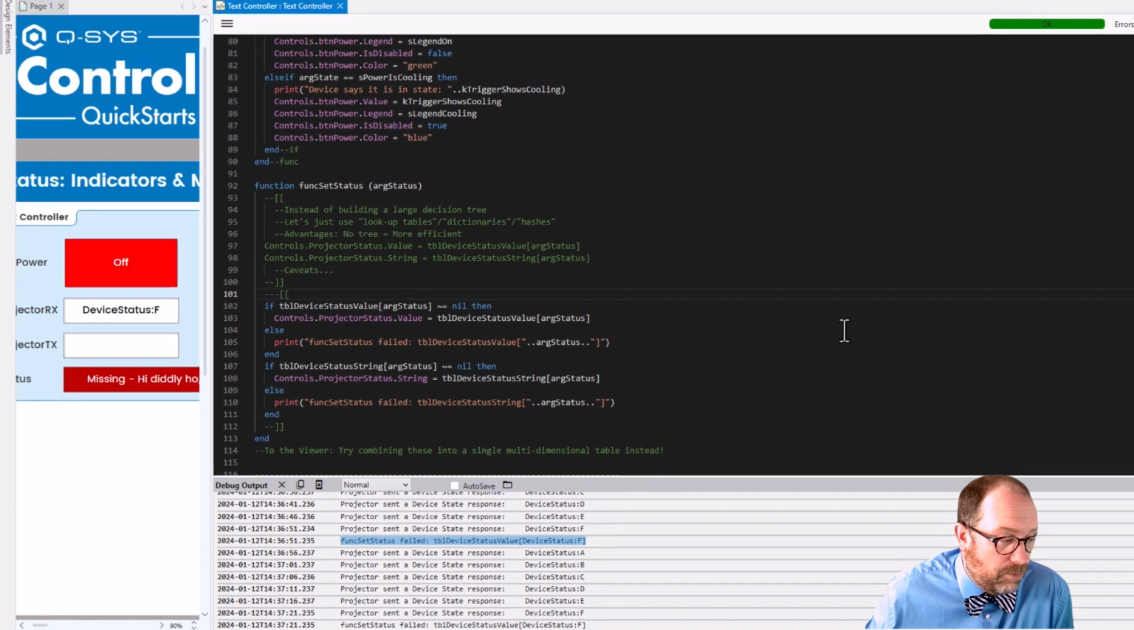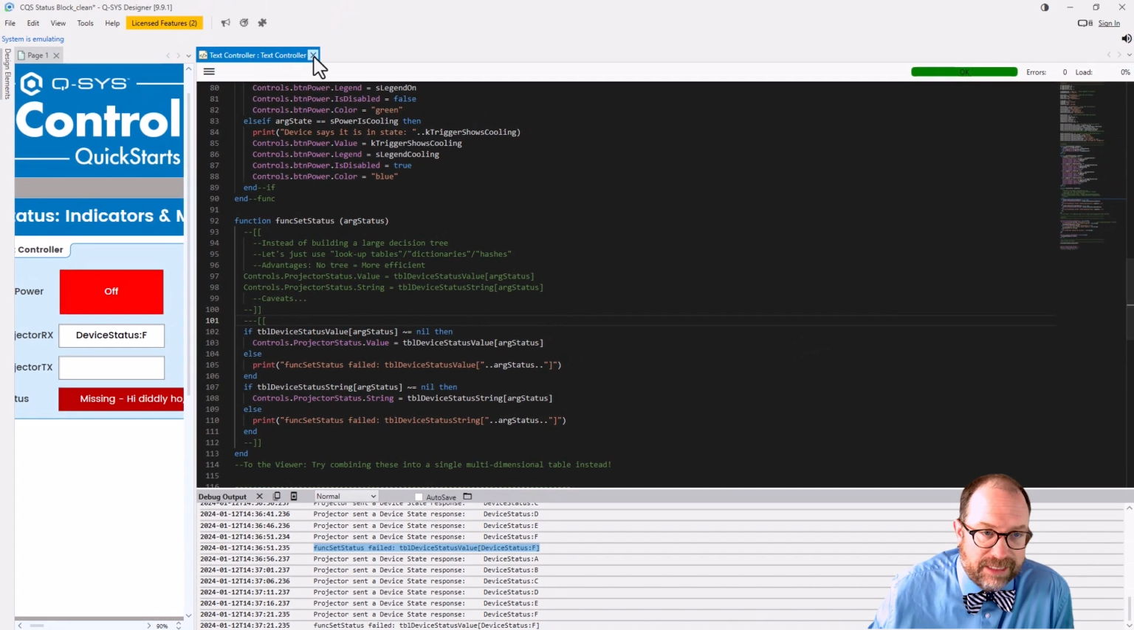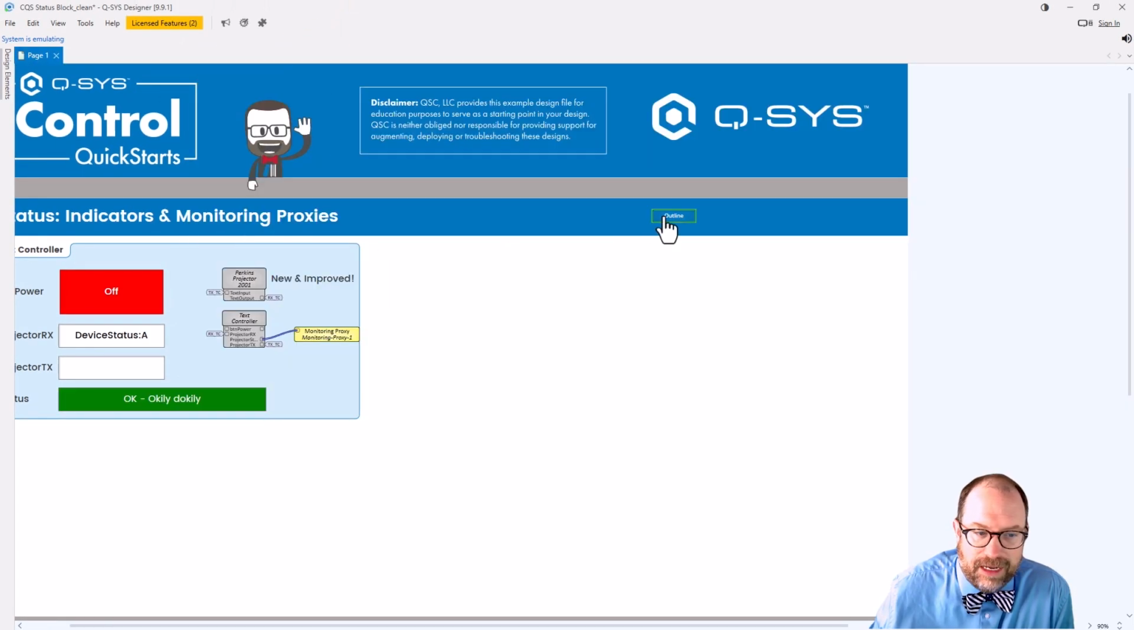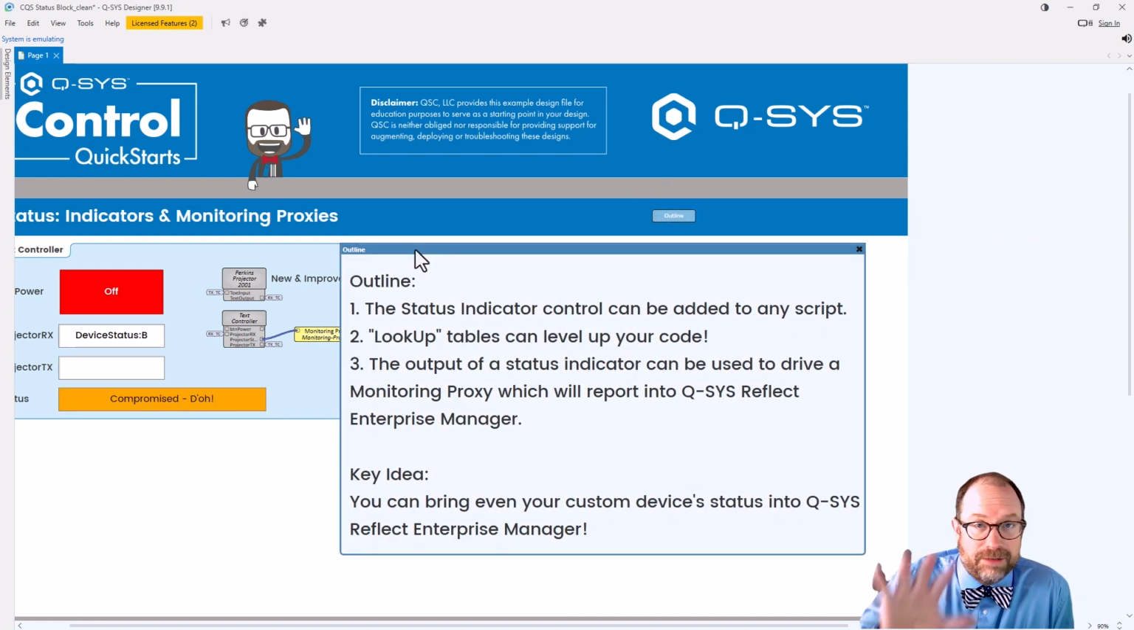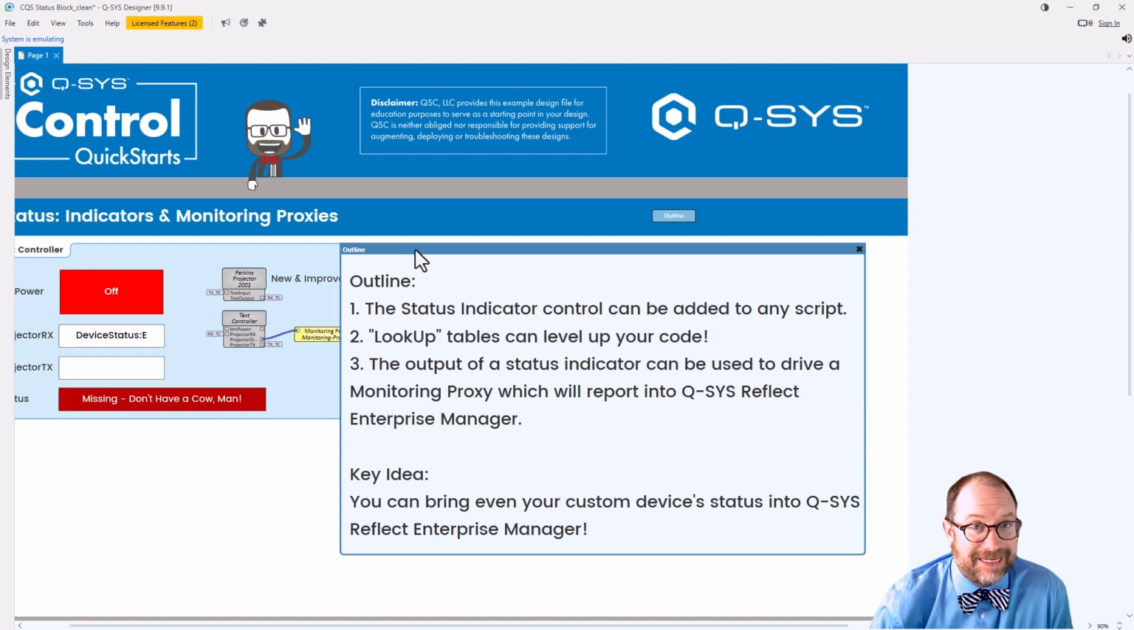But with that, we've spent plenty of time talking about status. The big idea is that you can add a status indicator to any of your scripts. Remember, it's a 6-point scale. You can also send in custom messages, and be sure to wire that thing into a monitoring proxy. When you do that, the sky's the limit, and IT will be your friend, and you need all the brownie